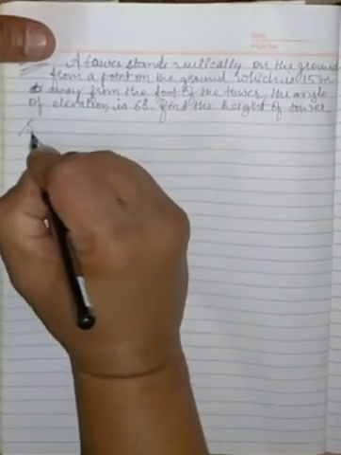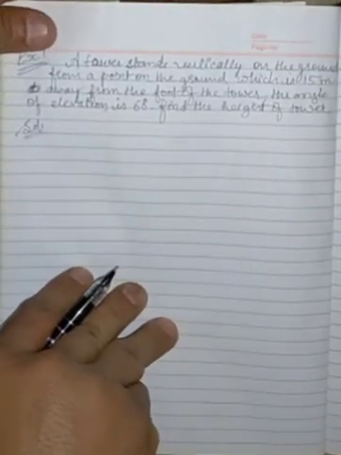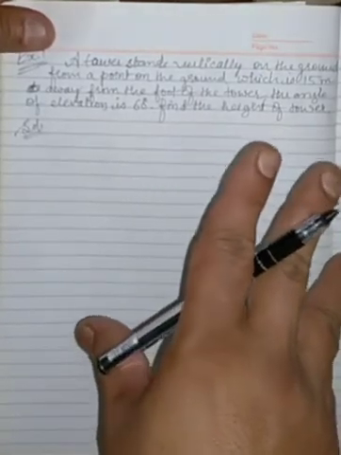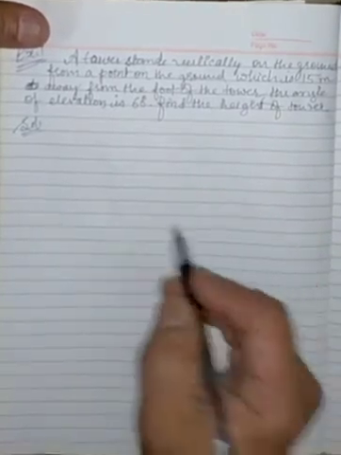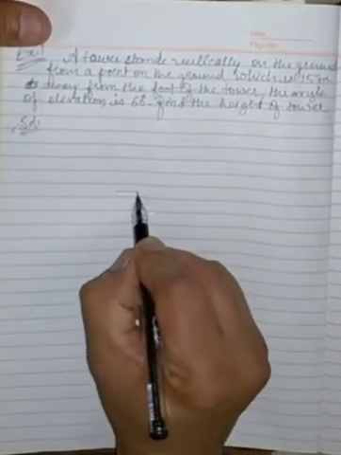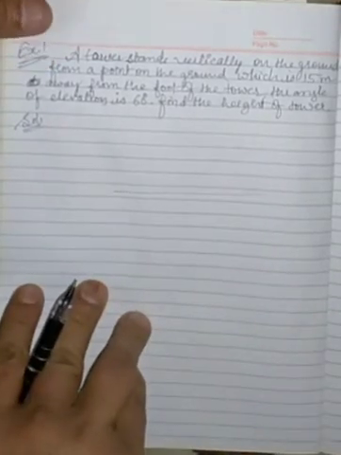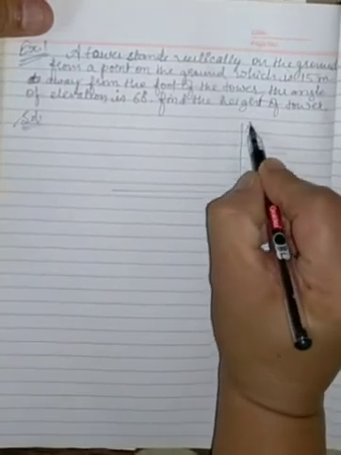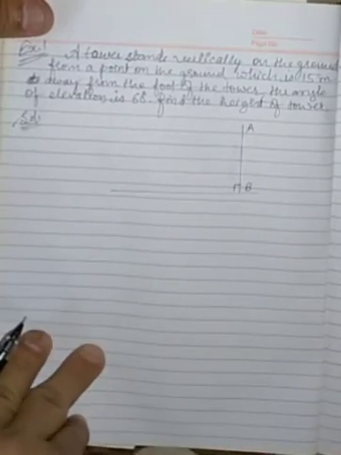So to solve such questions, we require one figure. Just make sure that the figure should not be decorative. We are only requiring one triangle which supports the solution and the answer. So here we will draw a horizontal baseline. A tower stands vertically on the ground. So here draw a vertical line AB and angle B should be 90 degree.